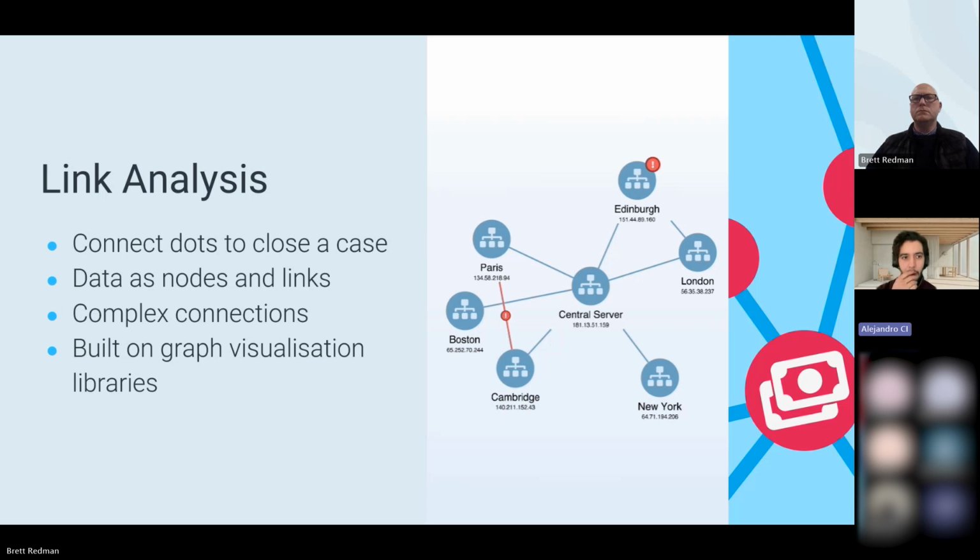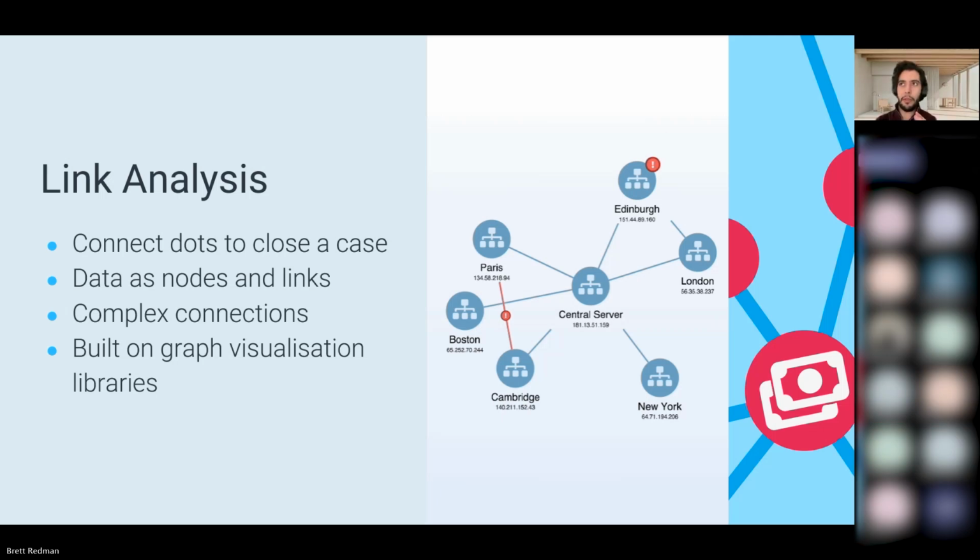Thank you, Aurelio. Just to trudge on, so when it comes to link analysis, I want to talk about the overall history behind link analysis in general, how it came to be as it is now, but also a brief overview. When you hear talks about link analysis, it often overlaps with conversations about network graph visualization or graph visualization in general. And these are all different terms talking about the same concept. It's basically taking these different entities and styling them as nodes and revealing the links between them as links. And the main focus is trying to flesh out these complex connections to one another.